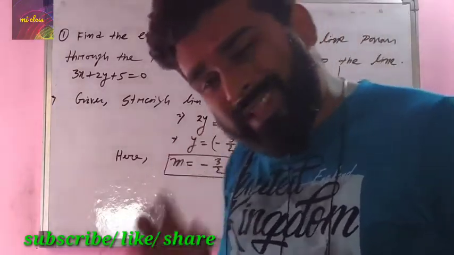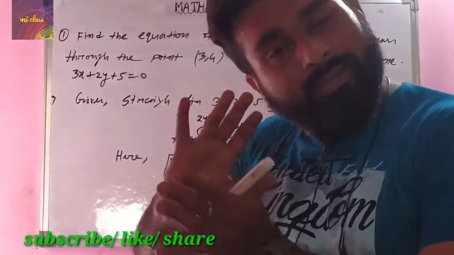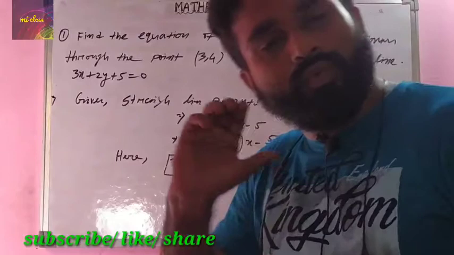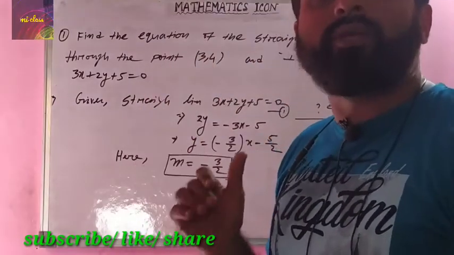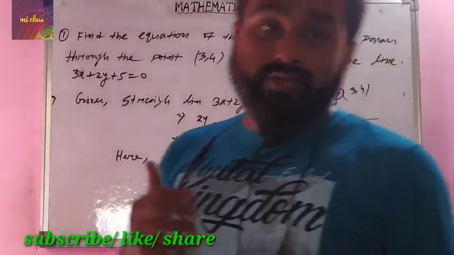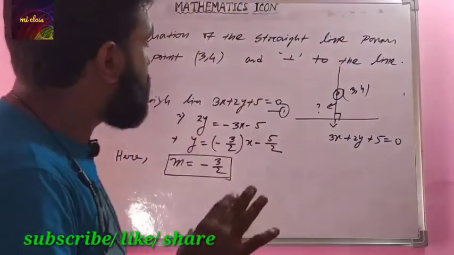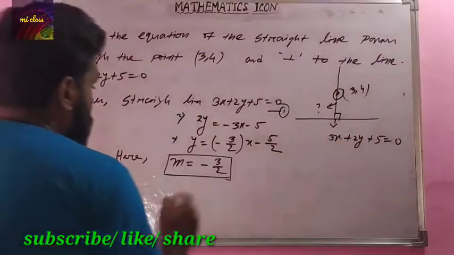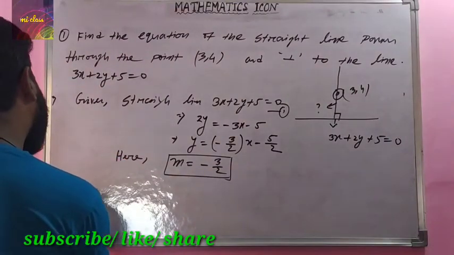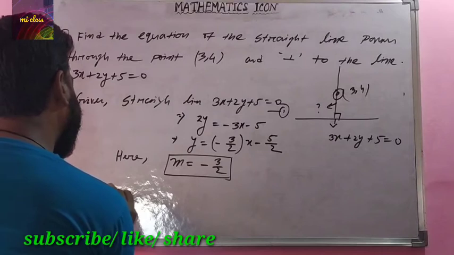So once you convert the equation to the slope intercept form, then you will get the slope of this line. I think in this way you will get the direct slope. So m equals minus 3 by 2. Now slope